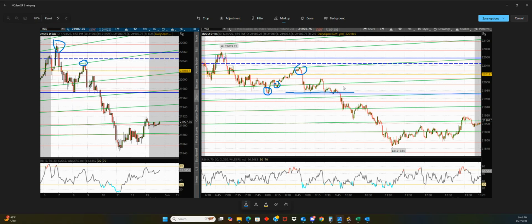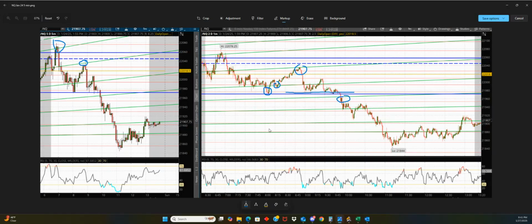Then the market broke through these two levels and broke through the angle here too. This was an indication that the market was going down from here on. Okay, look how many times on the 5 minutes, 1, 2, 3, 4 times it touched, and it broke on the fourth time, basically. So as the market dropped, again, you could have gone short around this area when the market broke all these levels